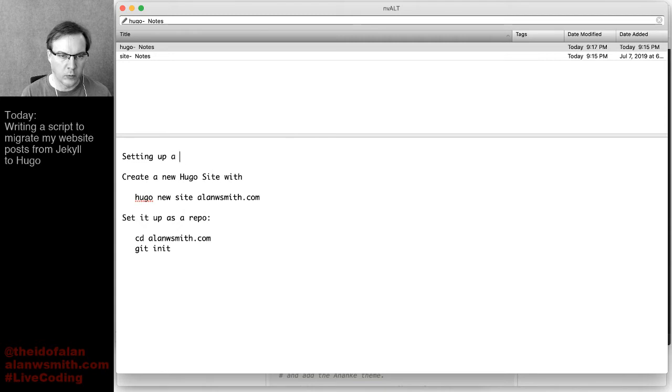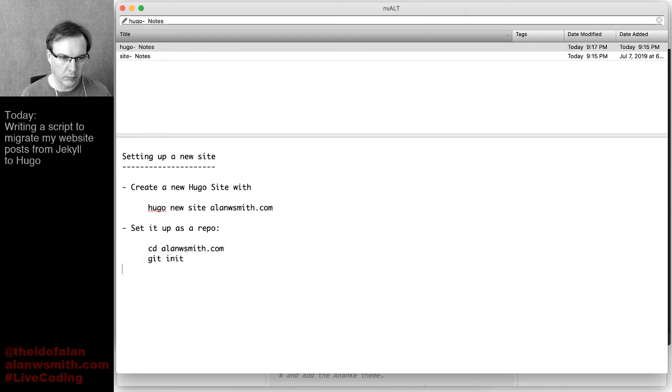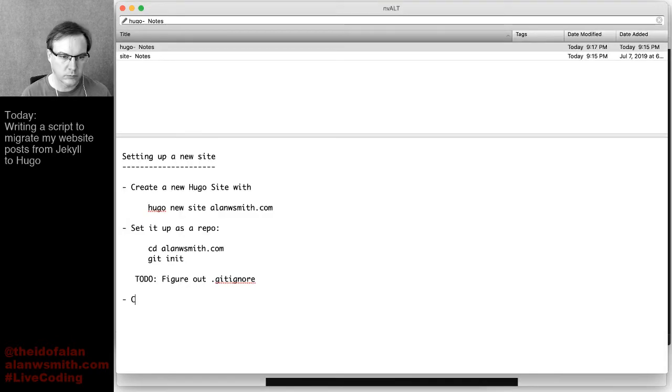Setting up a new site. Yeah, this is going to be a little bit of just prep work to get us back to where we were. I should have saved this. So all I'm doing is just making this with Markdown. What we need to do here, figure out gitignore, which that'll happen naturally at some point. Theme. Start from